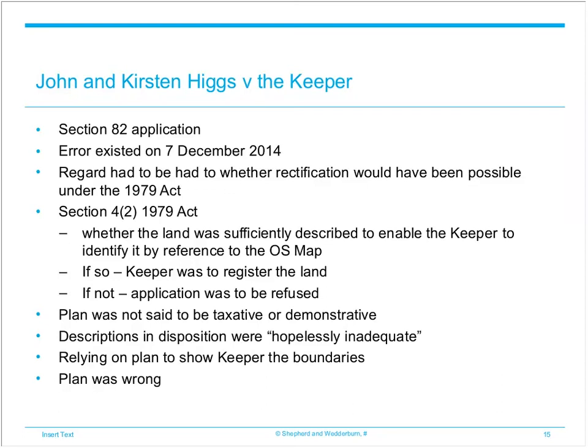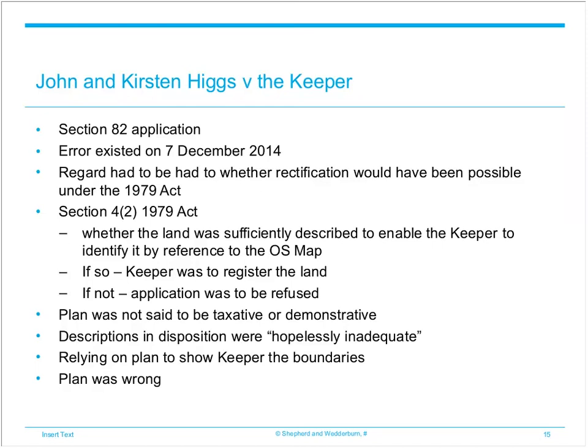And what the Tribunal said was these verbal descriptions were hopelessly inadequate as a bounding description, not least because they reference roads and other boundary features that weren't actually even built at that time. The Tribunal regretfully concluded that neither the land register nor the cadastral map was inaccurate in its reflection of the